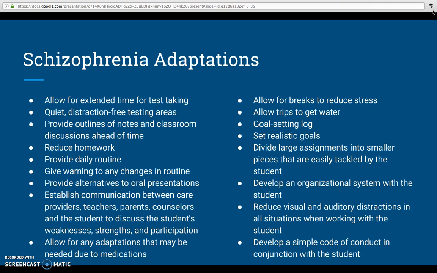The different adaptations for schizophrenia: allow for extended test taking, allow for extended homework assignments, or reduce the homework load, provide daily routines, provide outlines and notes for the classroom, allow for breaks to reduce stress, different things like this. You mainly want to reduce stress for the student in any possible way, and you want to help them reach